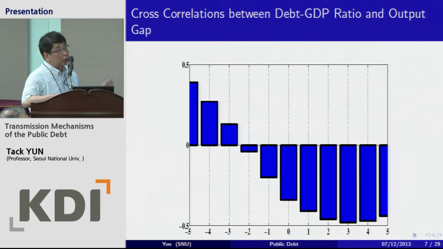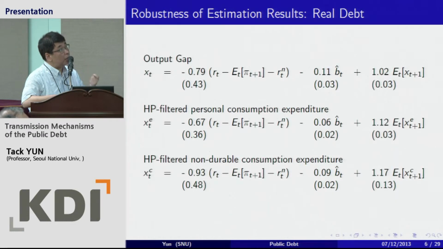The budget equation is the difference equation for the debt. So if we compute the forward-looking solution to this budget relation, then the current budget should be correlated with the future output gap. And also, if really this relation comes from the IS curve, if you look at this one,